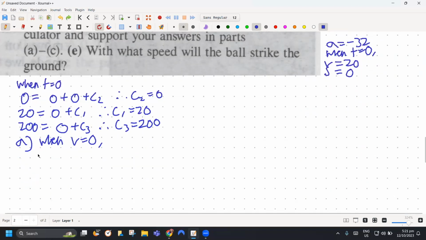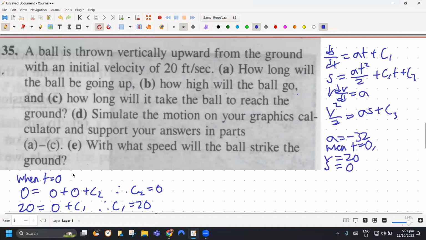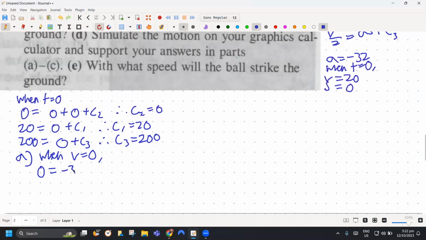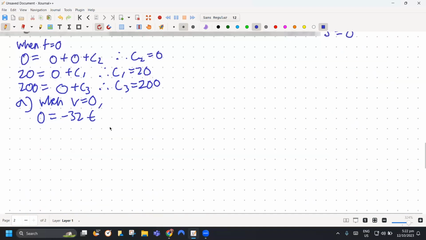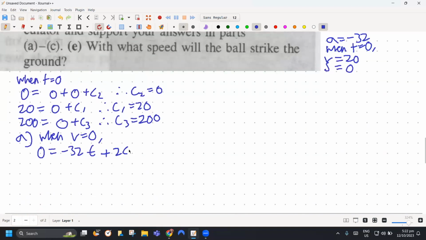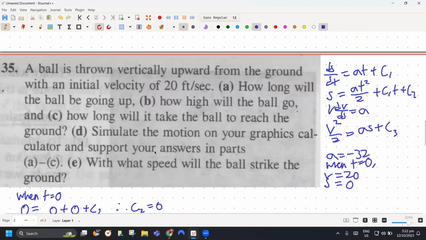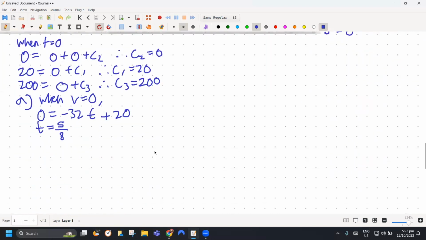So V, that's a negative 32T plus C1. Or in decimal form,